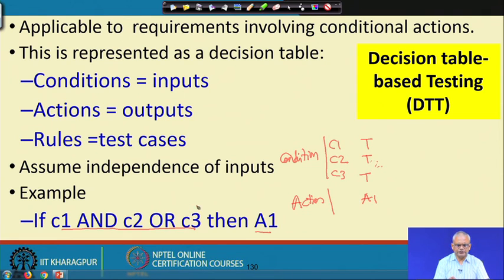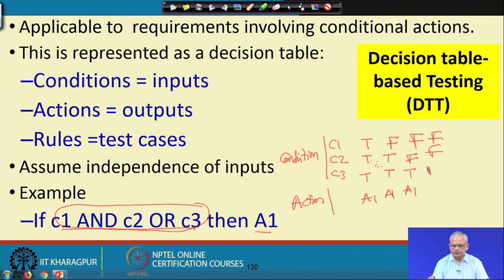We can look at the expression here. Now, what if C1 is false, C2 is true and C3 is true? In this case, it is also A1. Now, what if C1 is false, C2 is false and C3 is true? Again here, action is A1, but what if all are false? Then there is no action, and so on. We can complete this table,